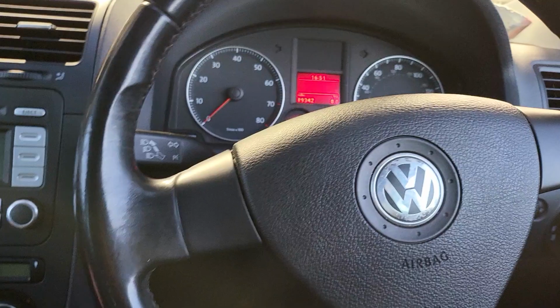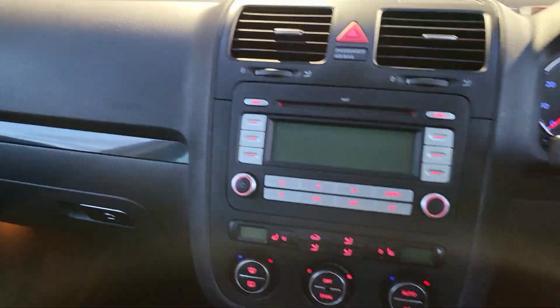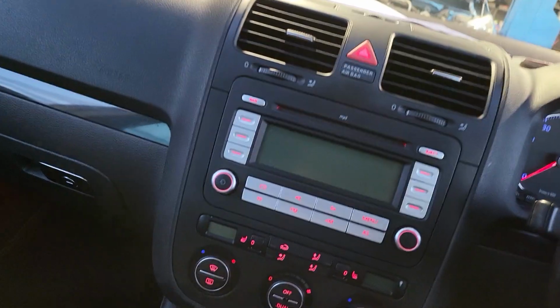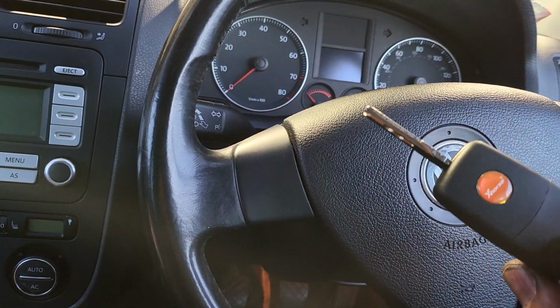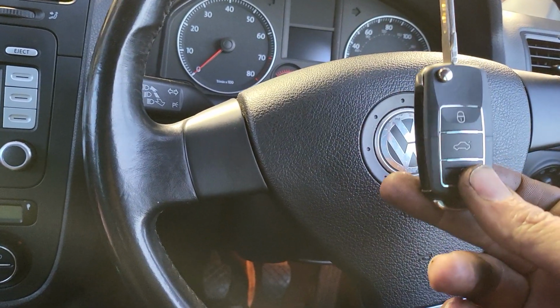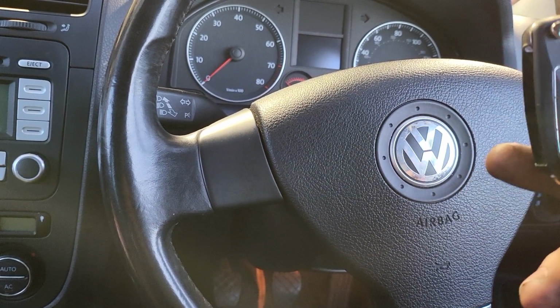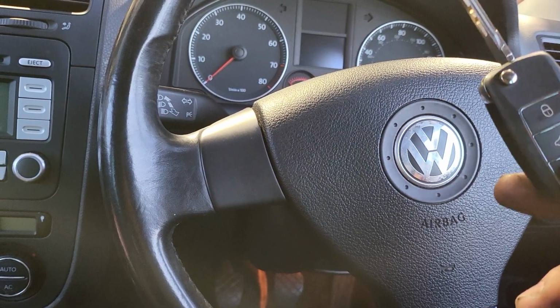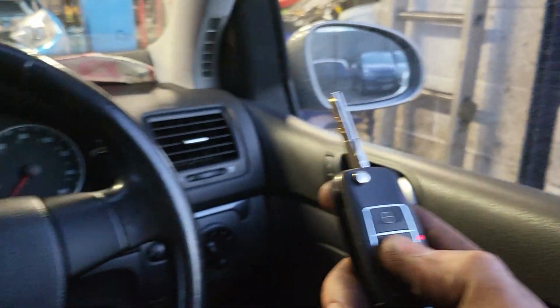So this car has a working key, and we will be programming a second key. The key is here. This is the key I'm going to program. This is an X-horse key, which I used, the wire key. It's not wireless, it's a wire key, and I generated a 48 chip and installed it in there. So this key is not programmed to this car,